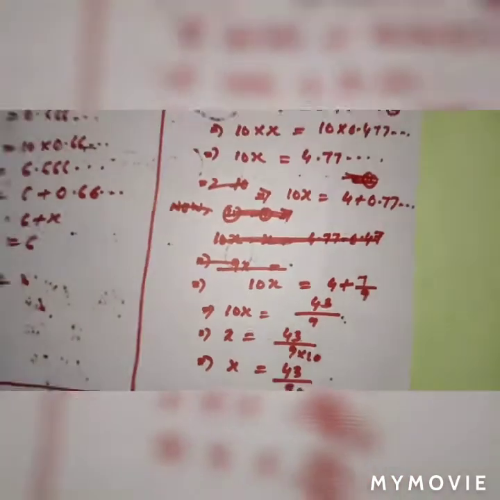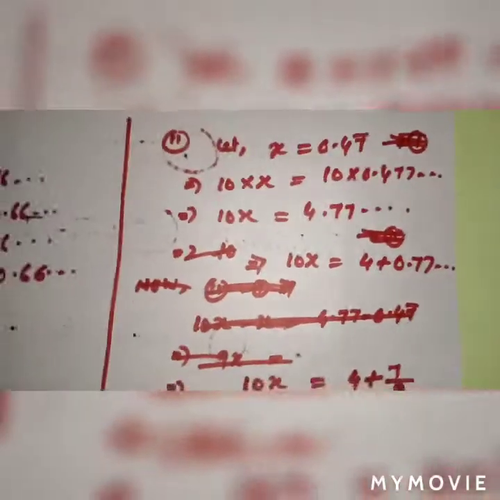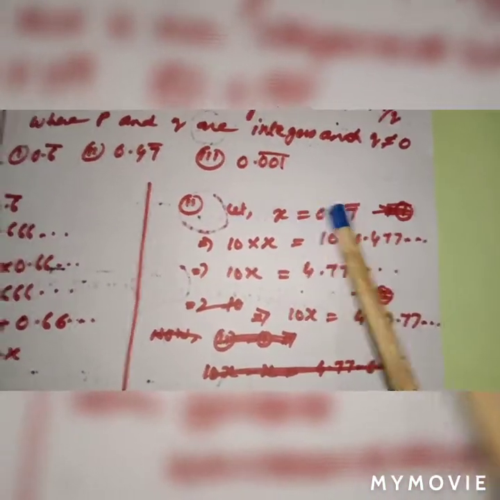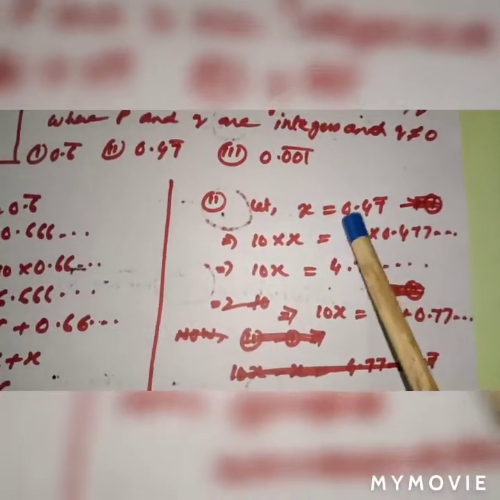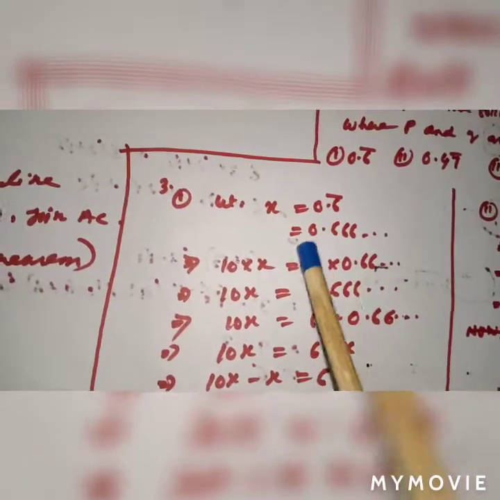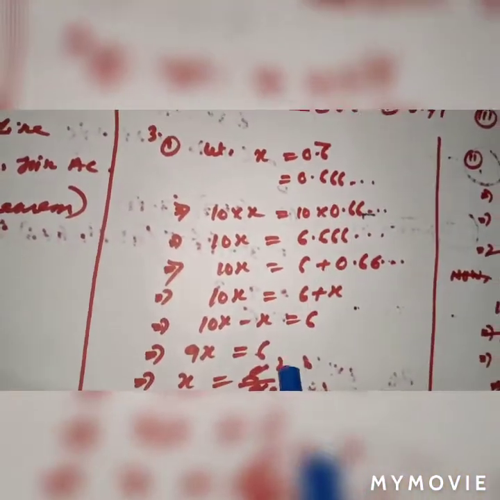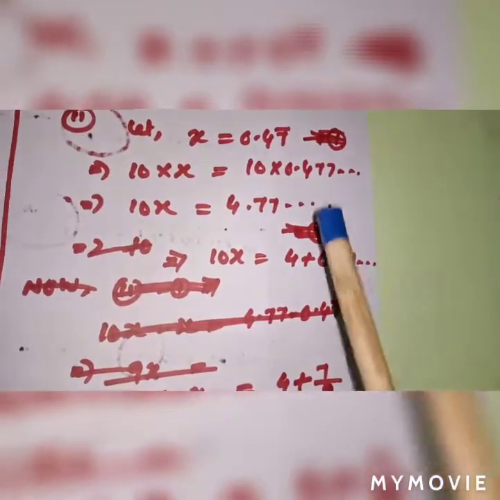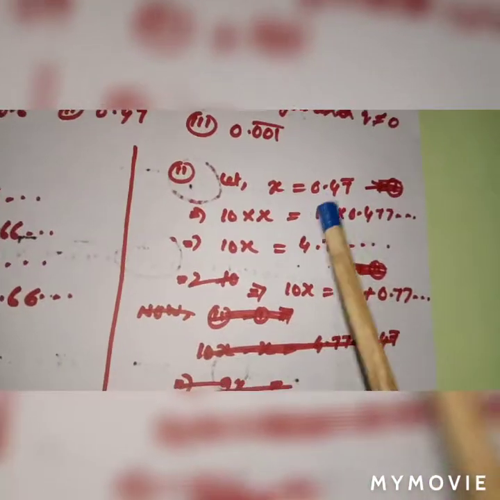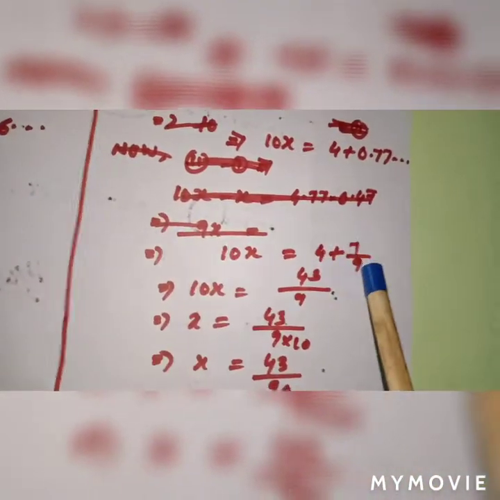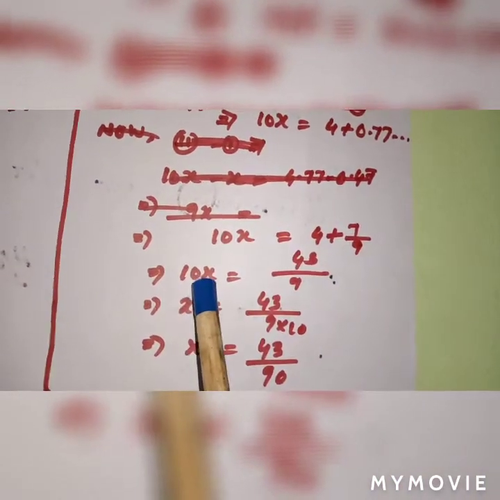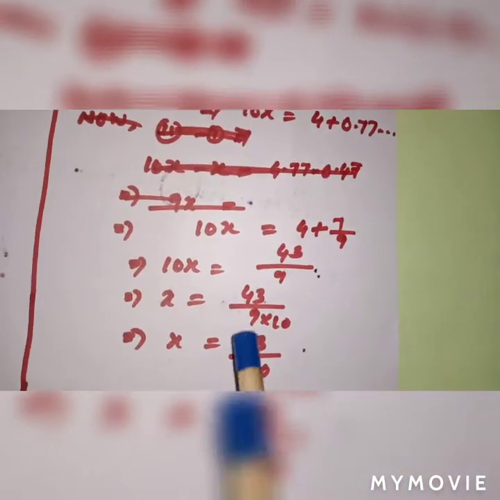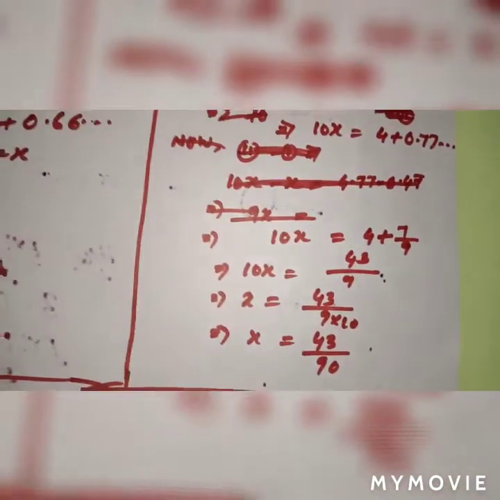Understood? In case there is a 2-digit repeating, like suppose in this case you are getting 47 repeating both, then you can write 47 by 99. But here 4 is not repeating. Now the question is, here you have to show 0.46 bar, because the question is about it, but here no need to show 0.77 bar. Directly you can write the shortcut, because the question is asking 0.47 bar. So 4 plus 7 by 9, you understood? If you take LCM, then 43 by 9, then when you transpose the 10 to this side, it will multiply with 9, so 43 by 90. So understood?